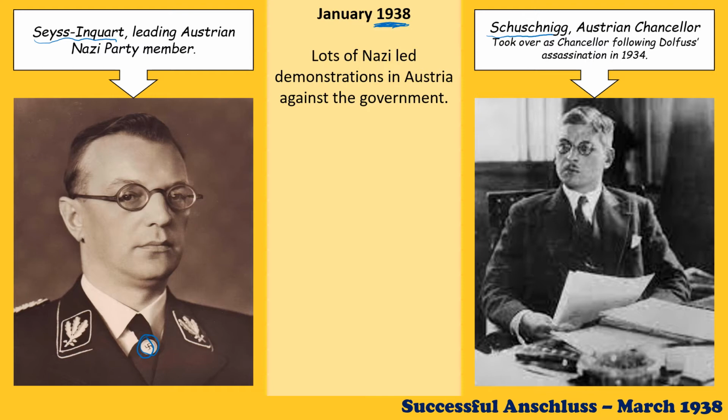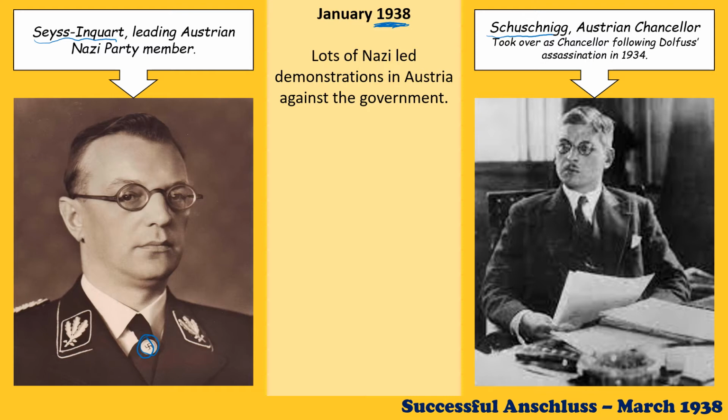We have got a lot of key events which happened in 1938. We're only looking at it from a foreign policy perspective, but also from a domestic policy perspective. There are lots of things going on that really demonstrate that the fear, the terror, the control of the German people by the Nazi Party is incredibly strong at this stage. So this idea of Hitler essentially telling the Austrians what to do is incredibly logical, and it makes perfect sense that they would go along with what the Nazis wanted as well. So, lots of Nazi-led demonstrations in Austria against the government.